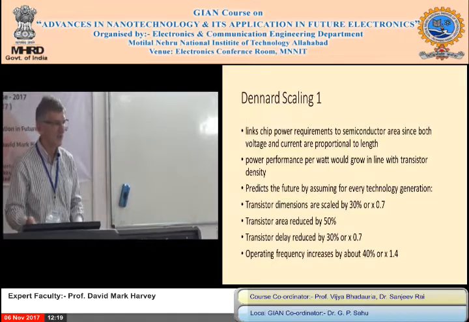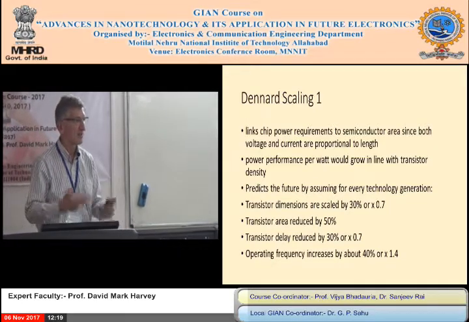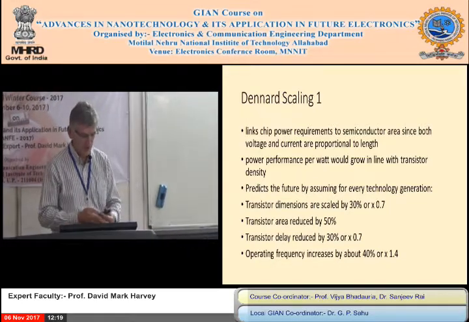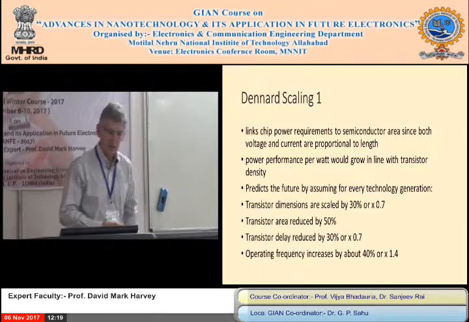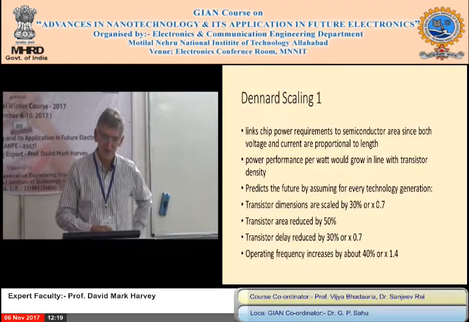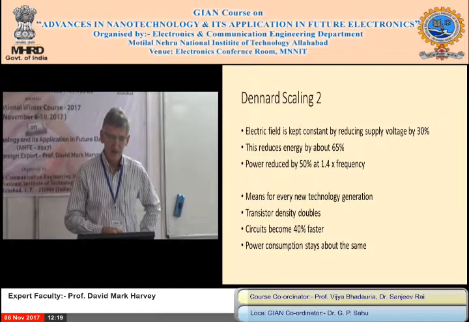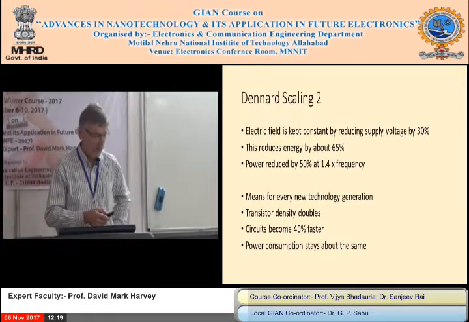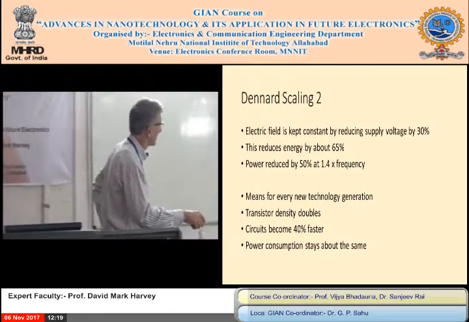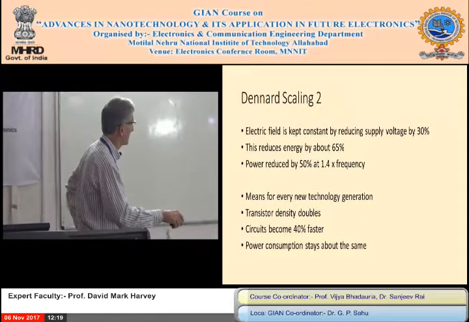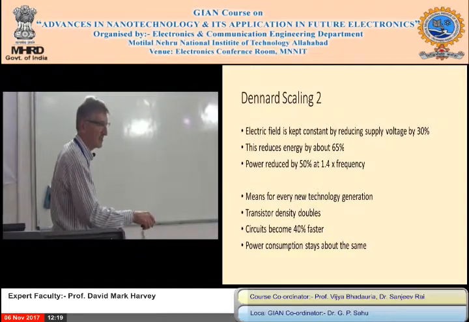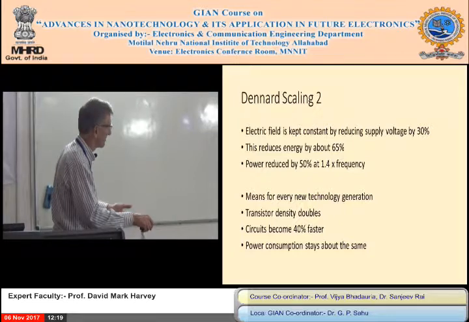But when the frequency goes up, that's the opposite way. That's got to generate more power. But overall, they tend to cancel out. So if we just look at the end first and then come back to that, it means for every generation, transistor density doubles, which is what we just said there, up to 10 billion by about now.